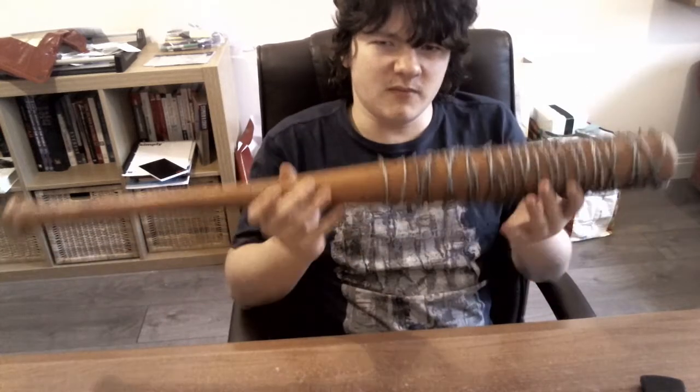Which is just something you really don't want from a prop. You don't want super glue and an ugly strand of duct tape going around the middle. But yeah, it is a very nice prop. It's really heavy. It's much heavier than I expected. I mean, I expected it to be reasonably heavy because it's not hollow, but yeah, it's got some real kind